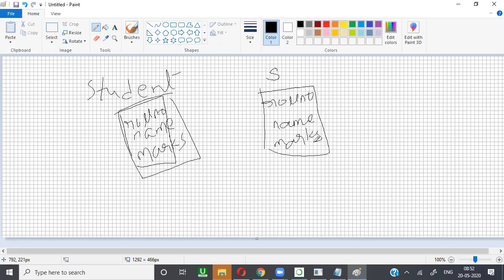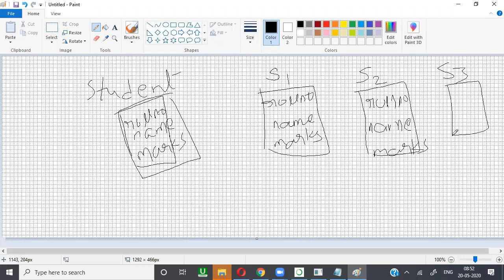If you design one more object like S2, it also contains roll number, name, marks. If you go with some more, S3, there also we contain roll number, name, marks. When you go for S4, there also we contain roll number, name, marks.